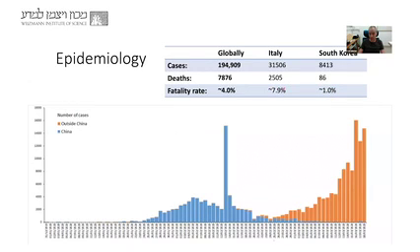which is significantly different from this 8%. And mostly it's due to the ability of the healthcare system to admit new patients and to give them intensive care for a long time. We know that there is a shortage of intensive care units in Italy, and this is probably why we see such high mortality rates. But if patients are able to get proper care, then the mortality rate is significantly lower.